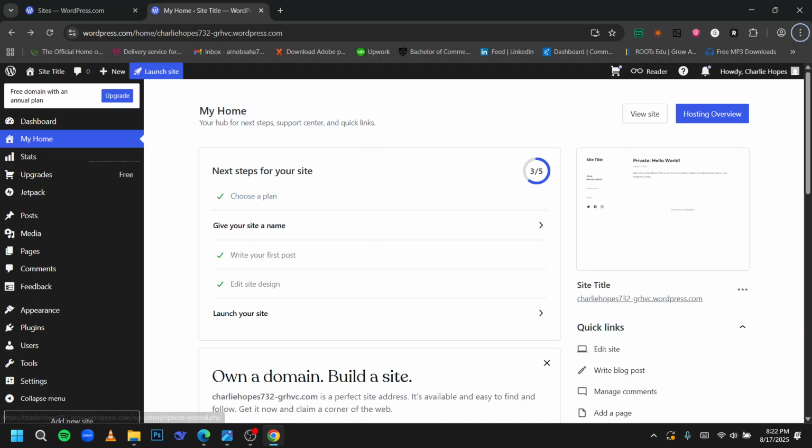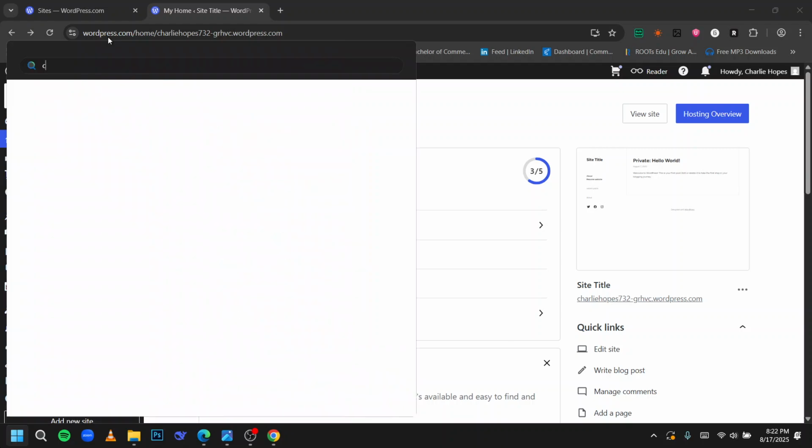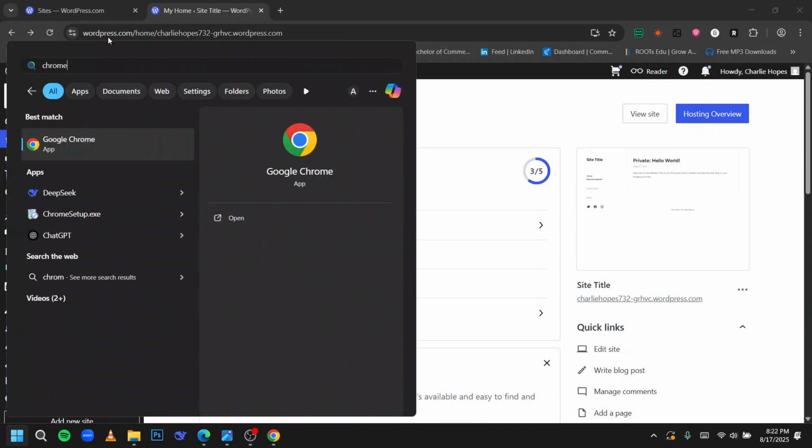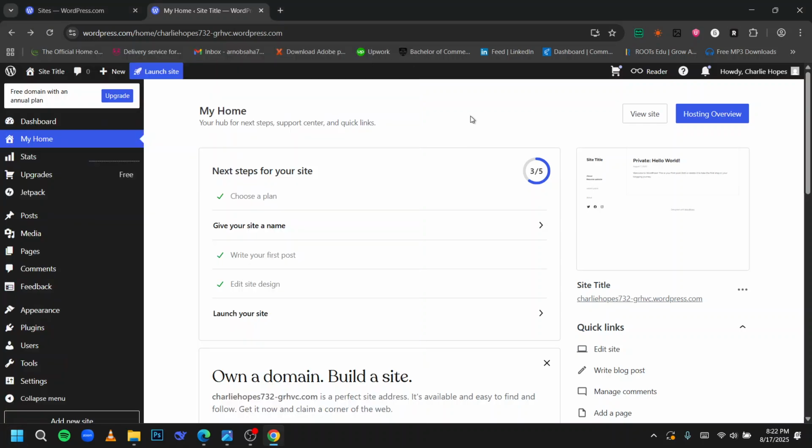So for this you have to go to the start button, then simply type in the Chrome or the preferable browser that you would like to use. After that it will simply take you to this page, and from here you have to simply type in www.wordpress.com in the top search bar, and then you have to simply put in your login credentials there, and once